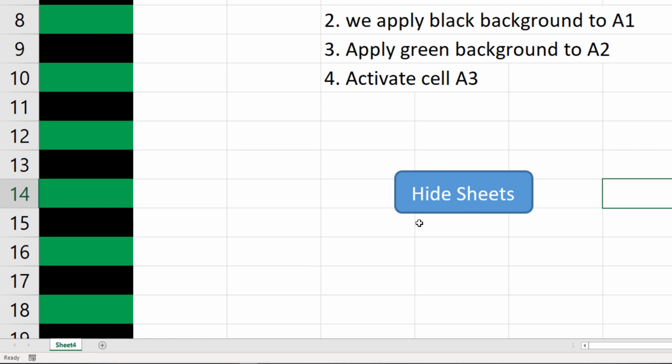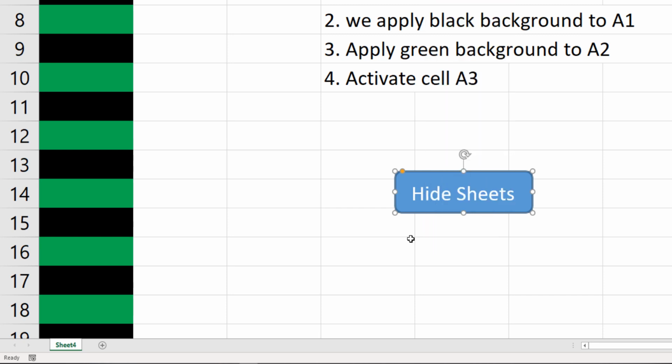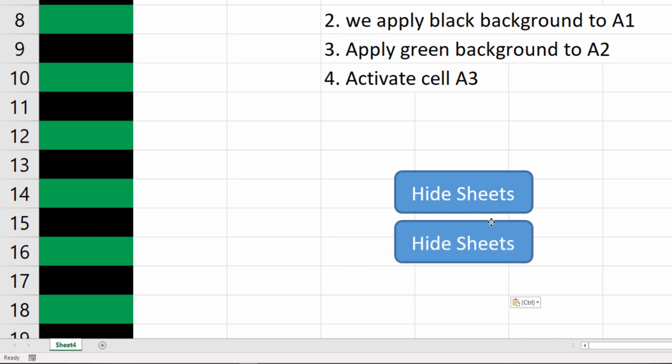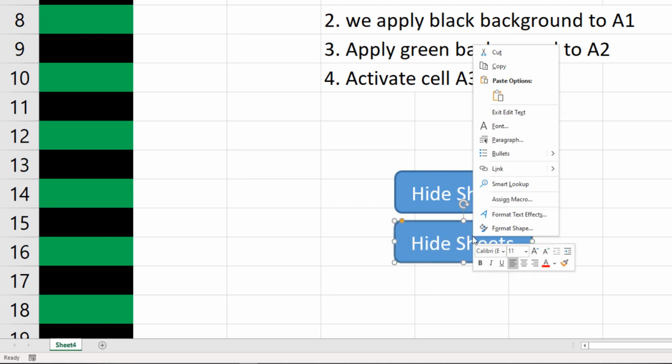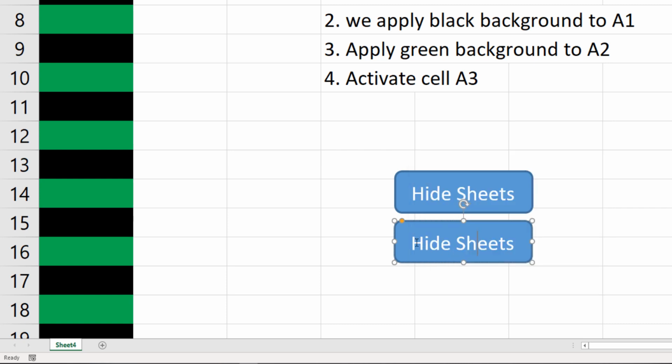So click on that, and now the macro is applied. Similarly, I'll make a copy of that, copy and paste, bring it here, and now right click, assign a macro and unhide all worksheet. Okay, and with this we write unhide all sheets.